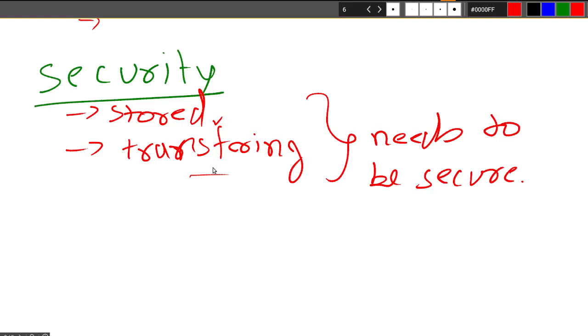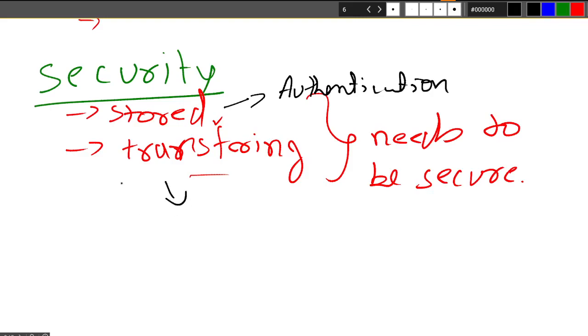Because of that, it needs to be secure, and for securing traveling data, one thing that can be done is encryption. For stored data you can use authentication, simple username, password kind of things.